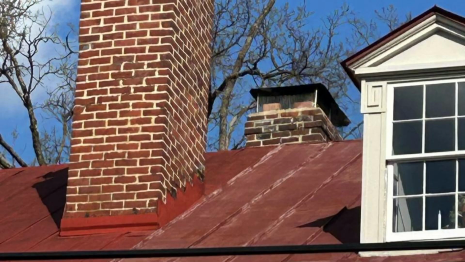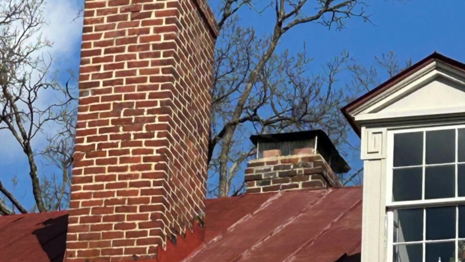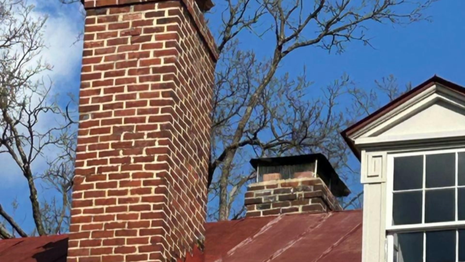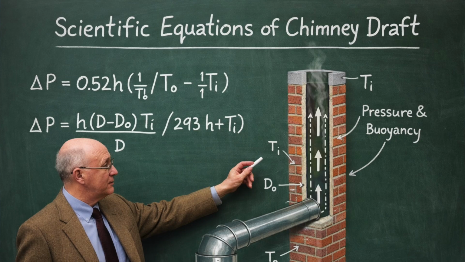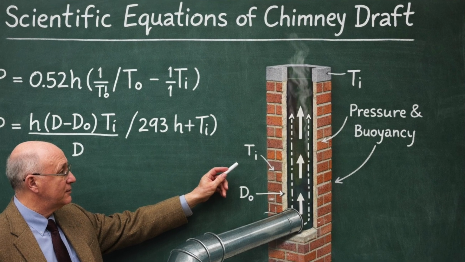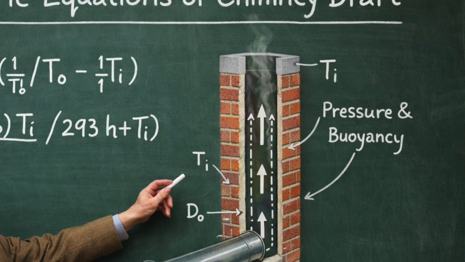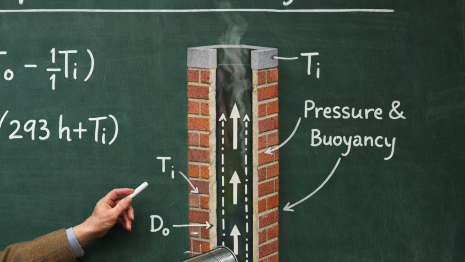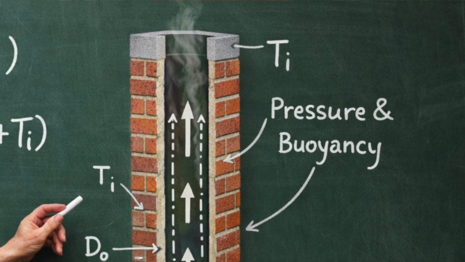Chimney height is one of the most influential factors in how well a chimney drafts, and understanding why gives you a foundation for diagnosing almost every chimney performance issue. A chimney works on the principle of buoyancy. Hot combustion gases inside the flue are lighter than the cooler outside air. This difference in density creates an upward pull. The taller the column of hot gas, the stronger the upward movement, which is why chimney height directly affects draft